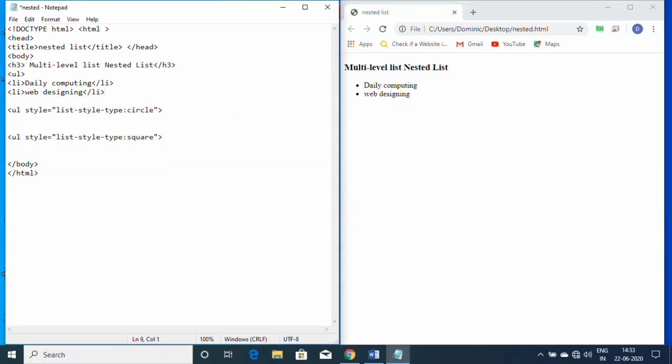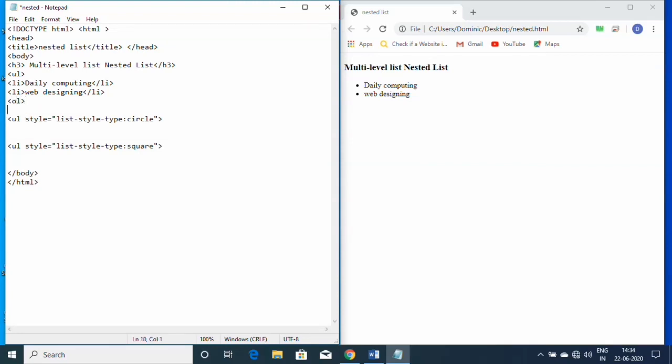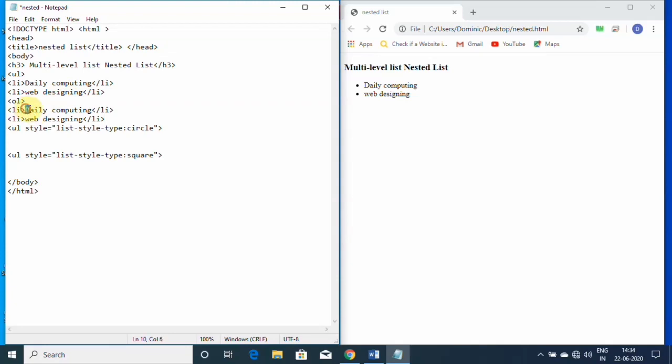Now we'll create an ordered list by using the OL tag. The OL also requires the li tag to create a list item. So create a list item, use the li tag and type the name of the item.